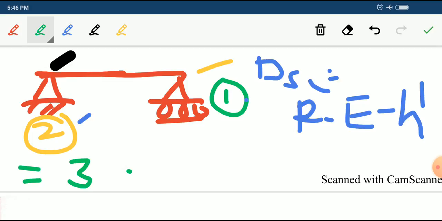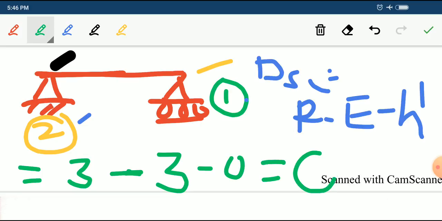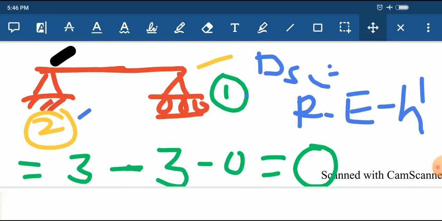And the number of static equilibrium equations is how much? That will be 3, for 2D. And are there any internal hinges? No, there is no internal hinge, that's why it is equal to 0. So what is the total static indeterminacy for this beam? The Ds value for this beam will be equal to 0. Okay, we will move to the next question.